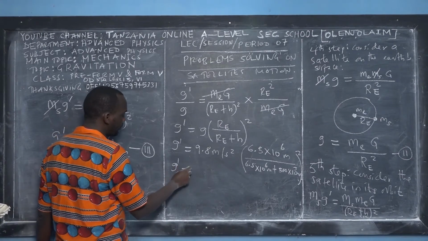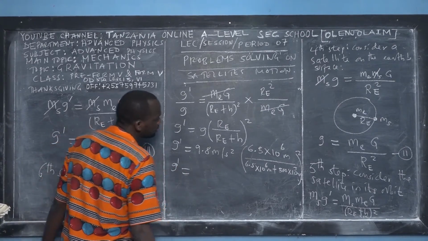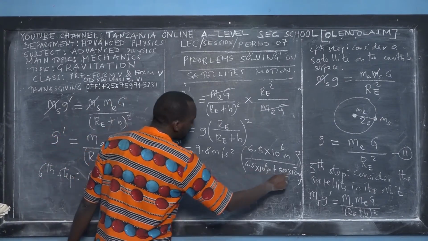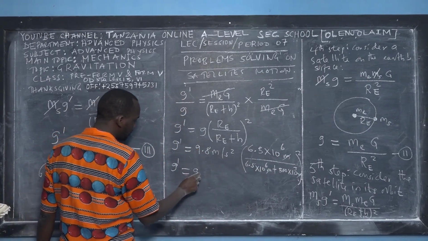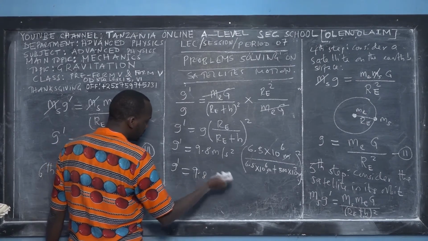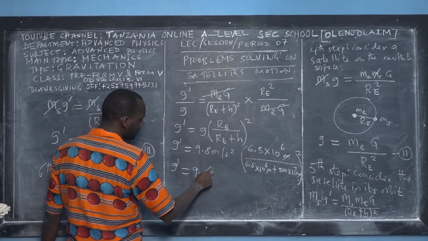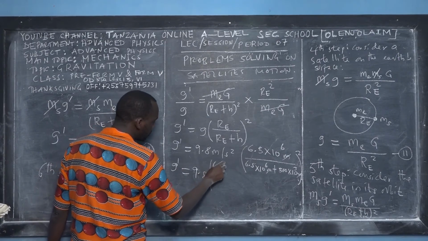So acceleration due to gravity is equal to it. Remember that this meter and this meter will cancel, so it means that what remains is 9.8 meters per second squared. And then we multiply by what? 6.5